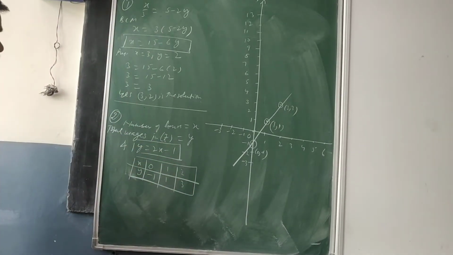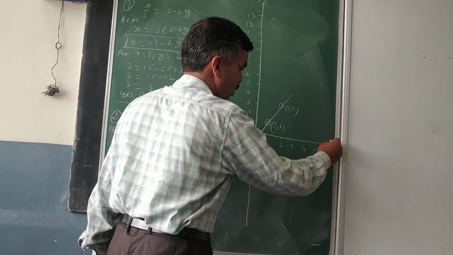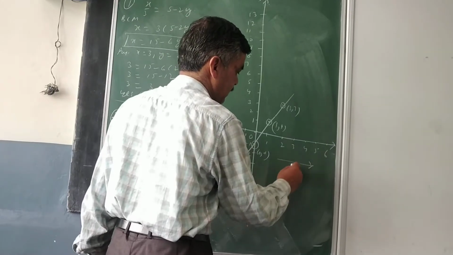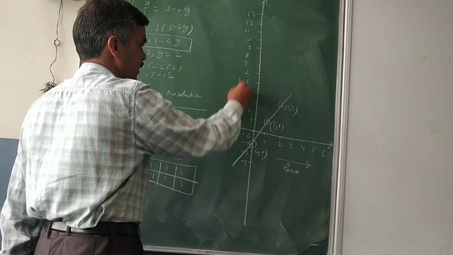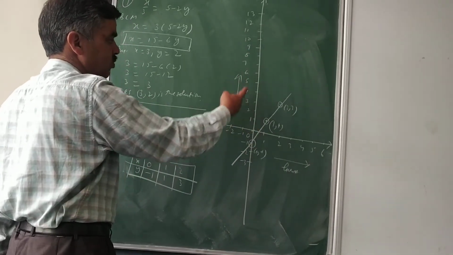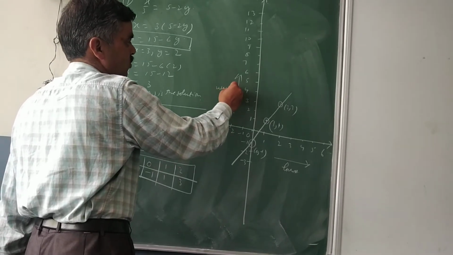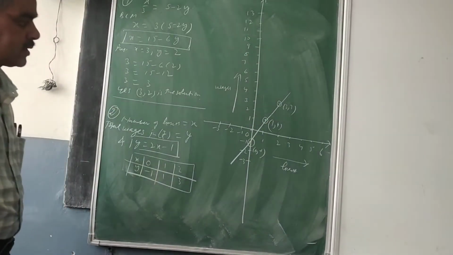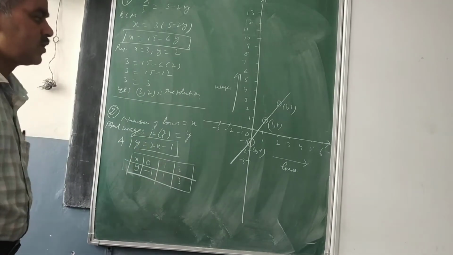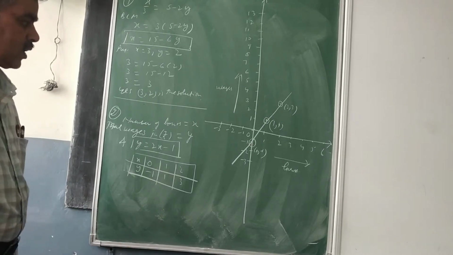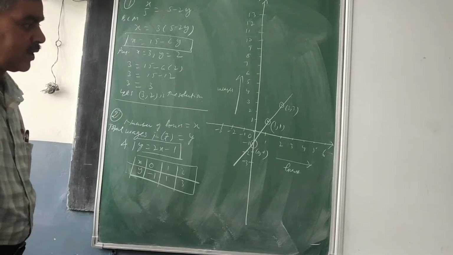The second part is asking, from the graph, what you find if you work for 6 hours. On the x-axis these are the hours, no? I have taken 1 centimeter is equal to 1 hour, and for wages 1 centimeter is equal to 1 rupee. You can take in terms of 2 also. These are the wages, and you need to write the scale also. Along the x-axis 1 centimeter is equal to 1 hour, and along the y-axis 1 centimeter is equal to 1 rupee. Now from the graph, how to find it, I would like to make you understand here.